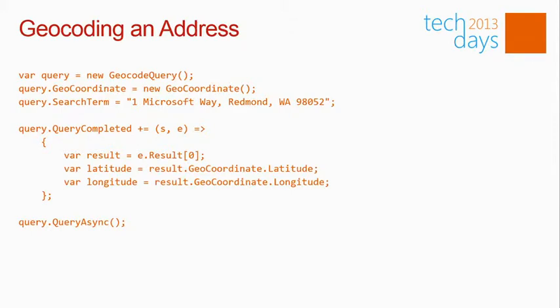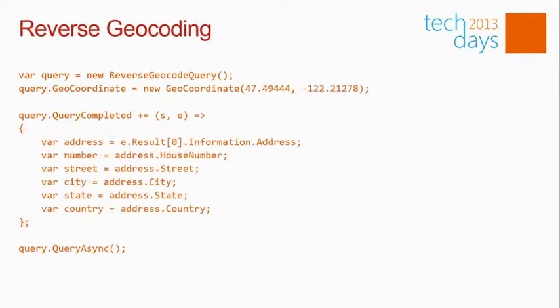Here is one example of these new APIs at work, specifically the new geocoding API. Notice I'm newing up a geocode query object, obviously new in Windows Phone 8. What I wanted to do is attempt to turn an address, in this case one Microsoft Way, Microsoft's address back in Redmond, Washington, into a latitude and a longitude. This actually works. You can type it in, you can try it, and you'll see that it's generally quite successful. Not always 100% successful at every address you can pass in, but certainly since it's a Windows Phone, it better know what one Microsoft Way is, right? Now, in addition to doing geocoding,